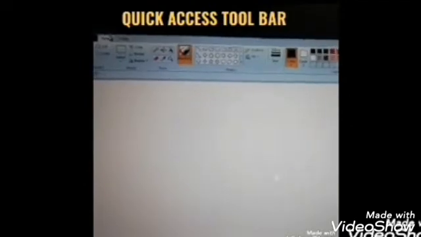So the next bar you can see is the quick access toolbar. Here we can see Home and View. Okay children, and this is the ribbon bar. Now below the ribbon bar you can see one more bar with 3 small buttons here. As I've told you, this is below the ribbon bar.